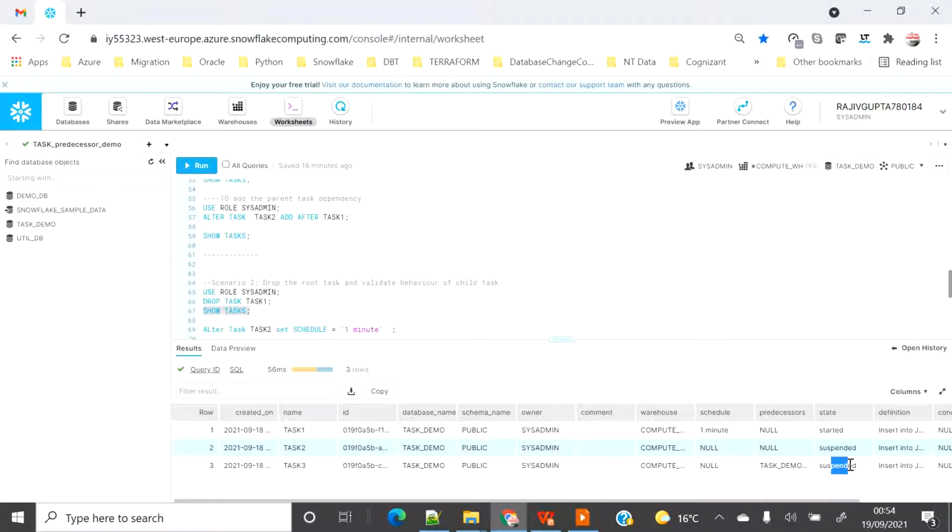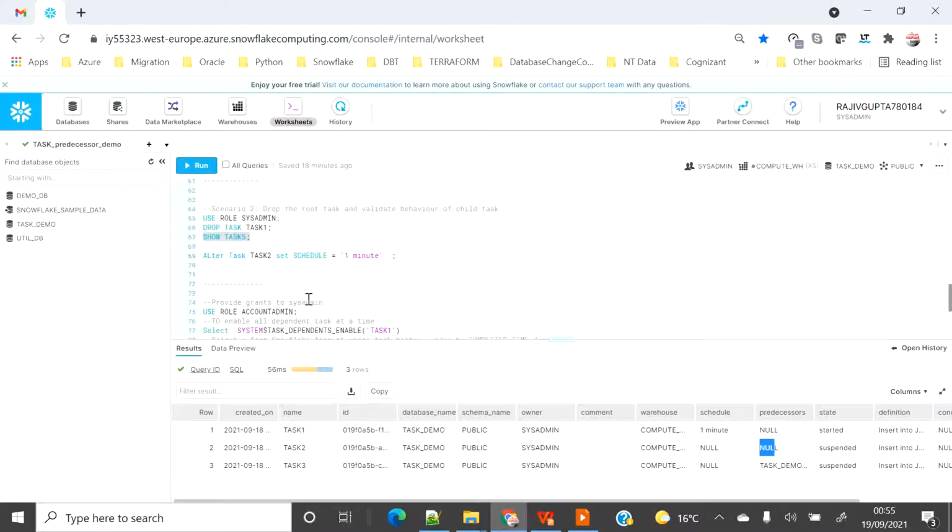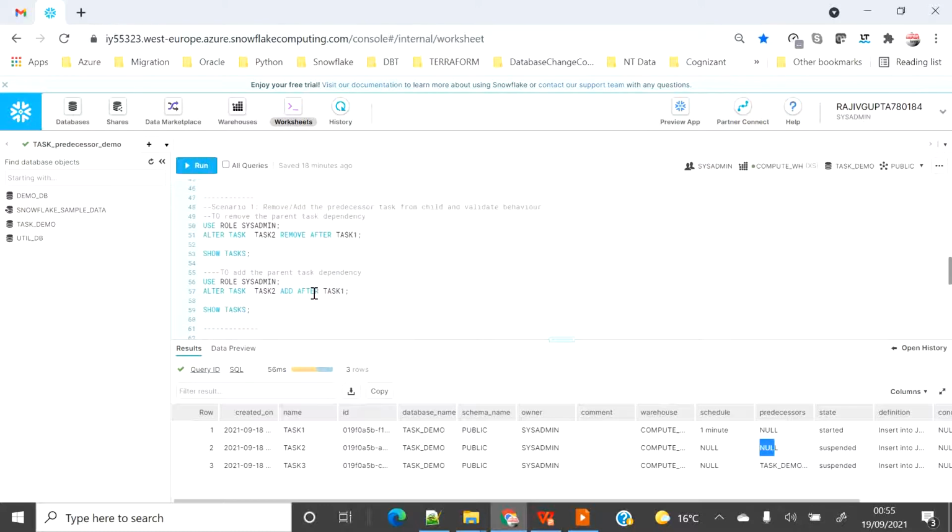The reason being the dependency or the linking between the child task and the parent task has been removed. Since task 3 is dependent on task 2, and task 2 was dependent on task 1 earlier, but now the link is removed, these are, you can say, an orphan child, right? So task 2 doesn't have any parent task. Now there is no dependency, so we can also add the dependency over here. Let's see if we are allowed to add the dependency.